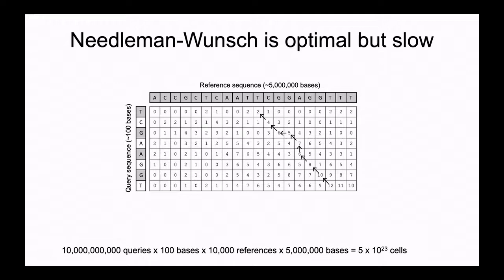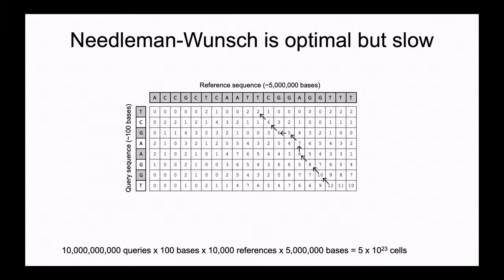And you've probably all studied this at some point in your academic careers, that you basically have to fill in this table. It's a dynamic programming problem where you fill in this table row by row. Every row is a base in the input sequence, the query sequence, and every column is a base in the reference sequence. In practice, these are somewhere around 100 bases long, and these might be 5 million bases long for a bacterial genome. And the goal is you fill in the table row by row, keeping track of these scores, and then you find the best score at the bottom and trace it back through the table. And that tells you the optimal gapped alignment of the query to the reference.